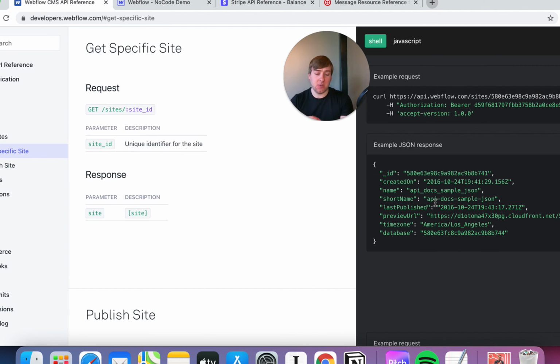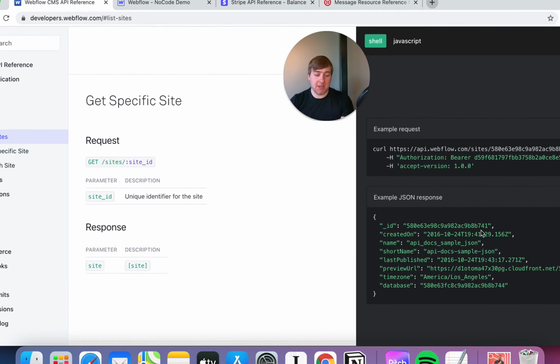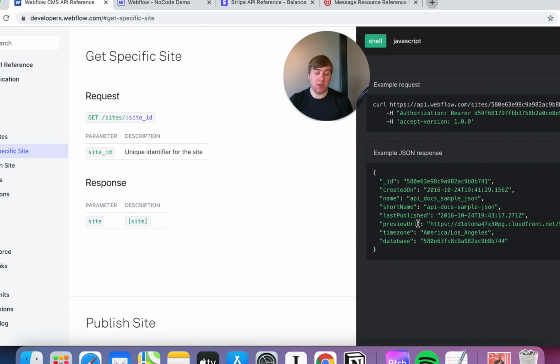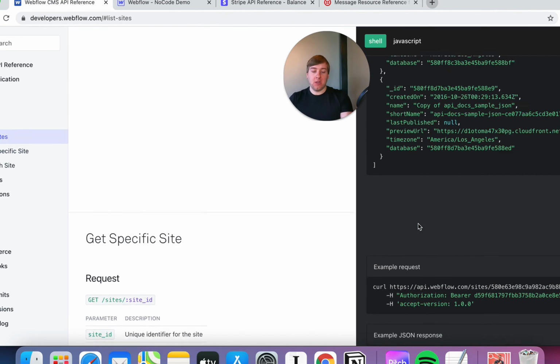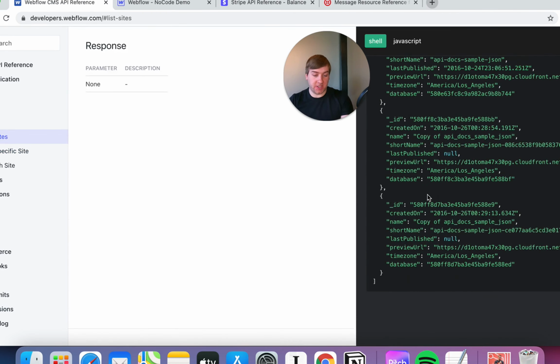Now, in this particular example, Webflow has included all the information of each site when you've listed it, but typically if you go into a specific one on other APIs, you'll be able to get a lot more information. The thing to bear in mind here is that we're talking about how we would manually explore this. Quite often, you are not going to be the person working with this API, it's your app that's going to be doing it. And so, where we've got a list here and then an exact response from a specific site,